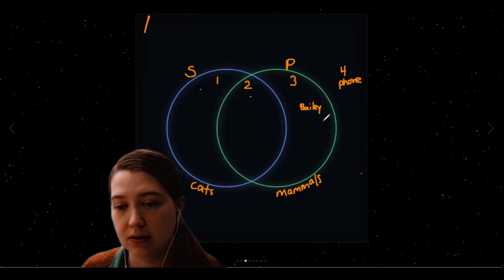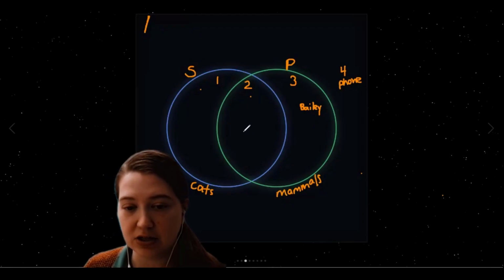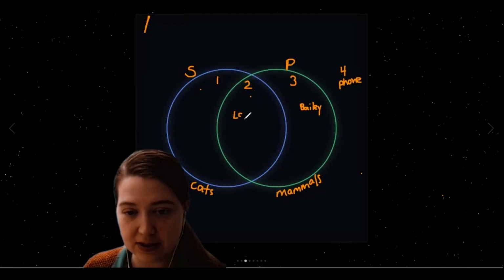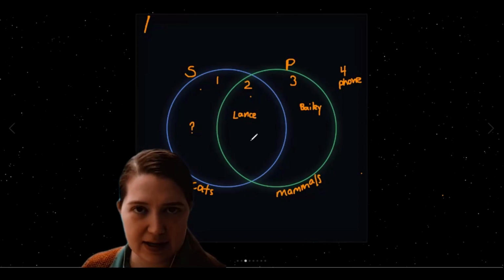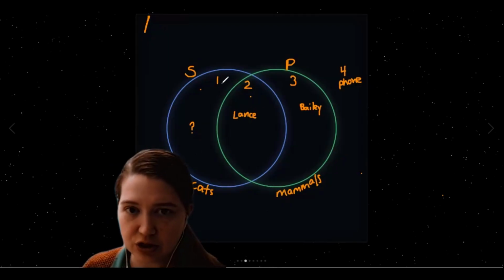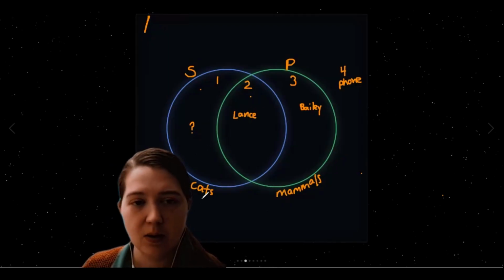Bailey goes here. Also imagine many mammal cats, any cat you can imagine. So my cat's name is Lance, he goes here. But what about a non-mammal cat? Well, that doesn't make any sense. There's nothing in region 1 of space here. Why? Because